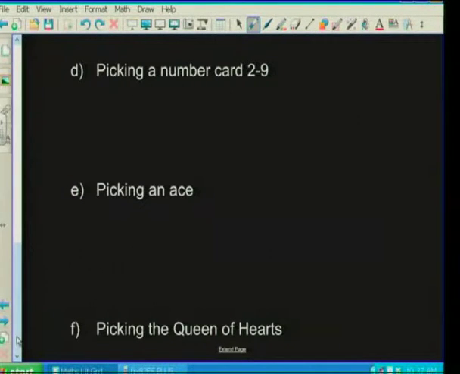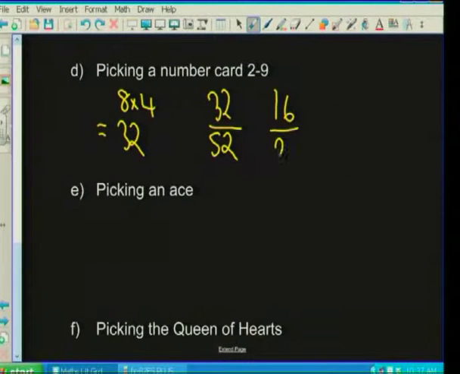So 8 of the cards in any suit, how many suits are there? There are 4. So there are 8 times 4 cards, and that would be equal to 32. So 32 of the cards in the pack must be a number 2 to 9. So we've got 32 out of the total pack again, which is 52. Reducing that, we've got 16, if we halve it again, out of 26, or 8 out of 13. So there are 8 out of 13 chances to pick a picture card, or sorry, a value card of 2